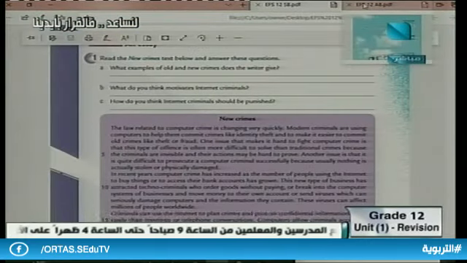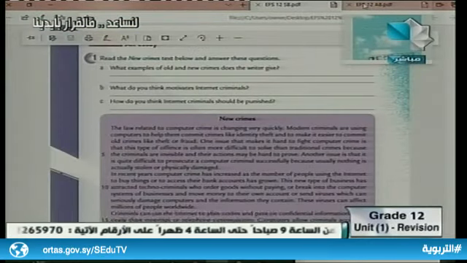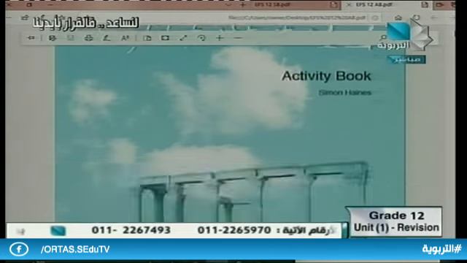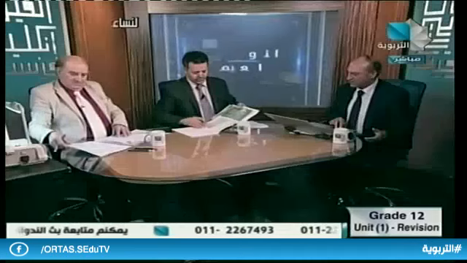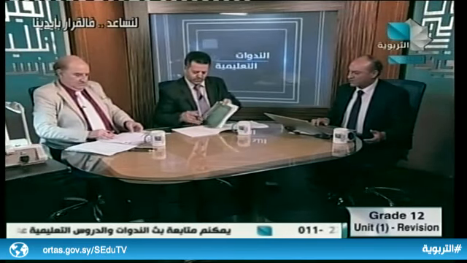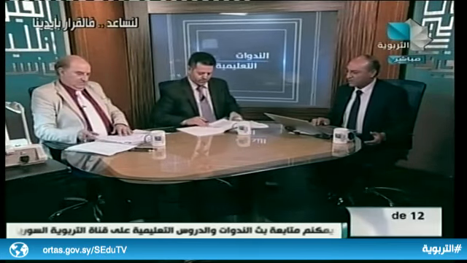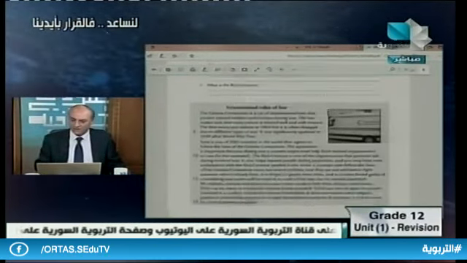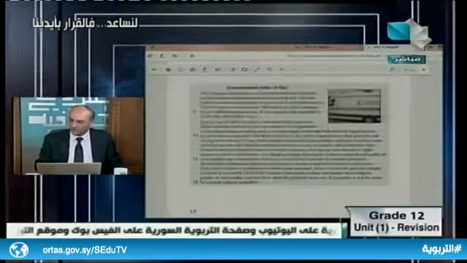Let's now move on, because time is maybe not enough for all of Unit 1. Let's try to conclude something. Here, let's go on directly to the activity book, I think. Here we are. In Unit 1 we have another text in the activity book. It's again the title, the law. The law is the title. Here it is at page 4.